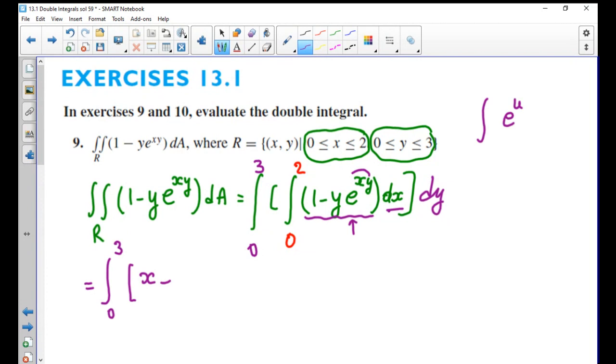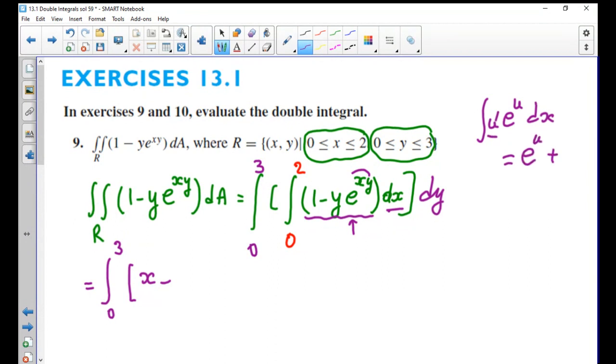What do you get when you differentiate xy with respect to x? You will get y. Yes. So this is a bit like the integral of the derivative of e to the power of u, which